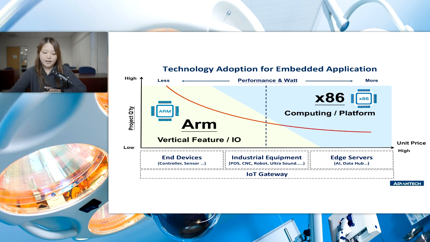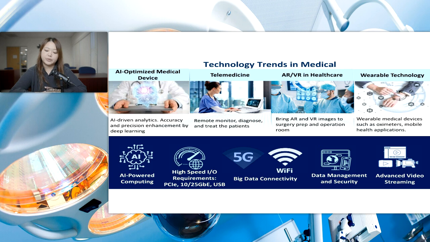And for the technology trends, we're seeing enhanced accuracy for AI, where we leverage AI to enhance the accuracy of diagnostics and characterization of disease. And also for telemedicine, people are more familiar with the